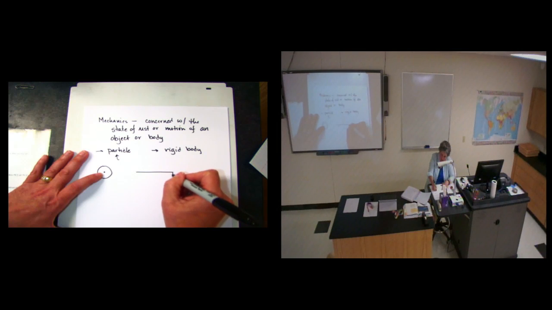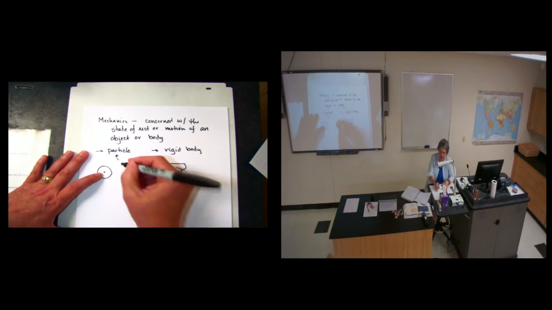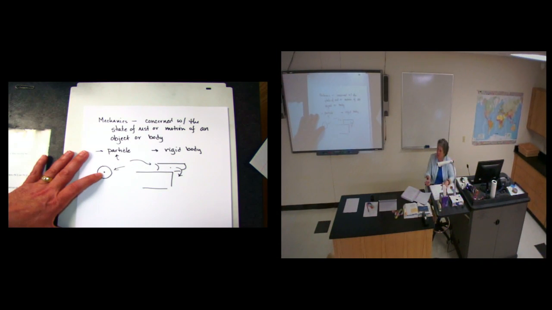So you can think of it this way. If I'm looking at the solar system, there's the sun, and here's the Earth. Because of how far away the Earth is, the sun just sees the Earth as a speck. So I can look at it as a speck and deal with it as a particle. So the first sections of these chapters, we're going to be analyzing motion as if something were a particle.